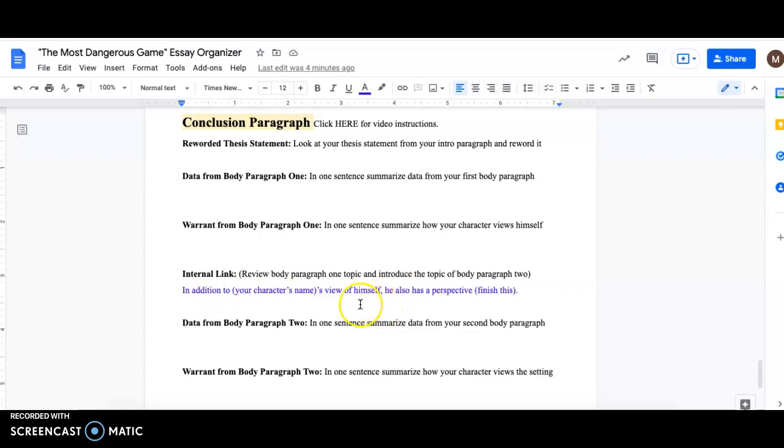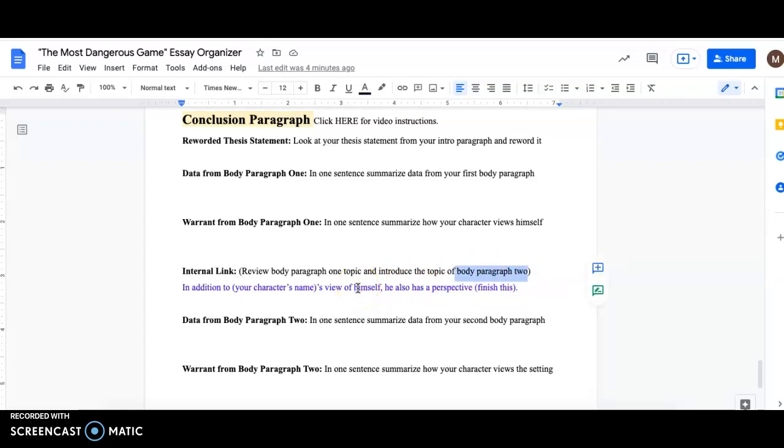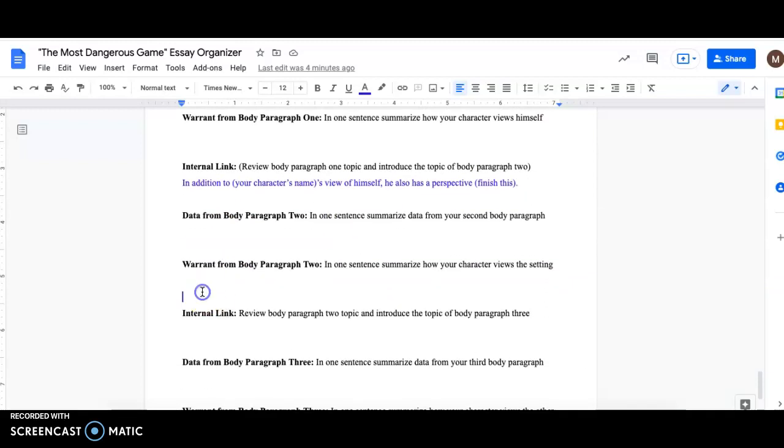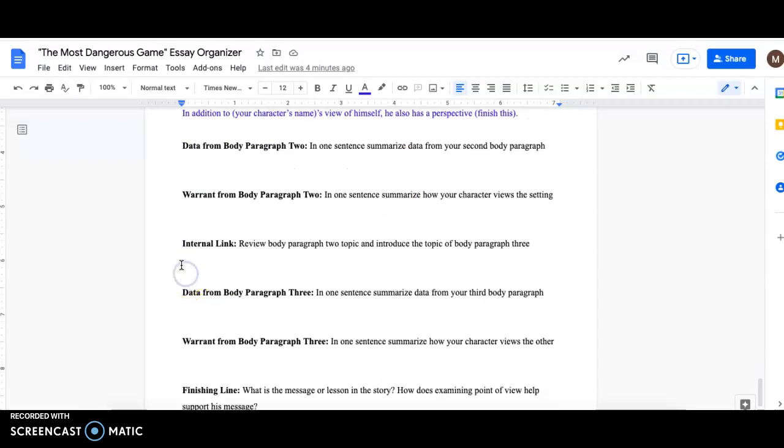So I have a fill in the blank sentence here. So we'll say something like, in addition to Rainsford's view of himself, he also has a perspective on the topic of body paragraph 2, the setting or the island. Then, same exact thing, one sentence, summarize your data, and then overall, how does your character view the island or the setting? And another internal link here, maybe something along the lines of, along with